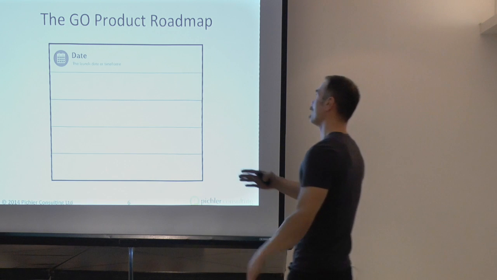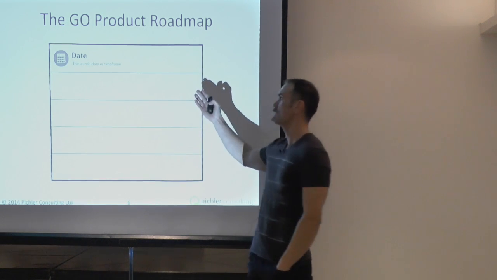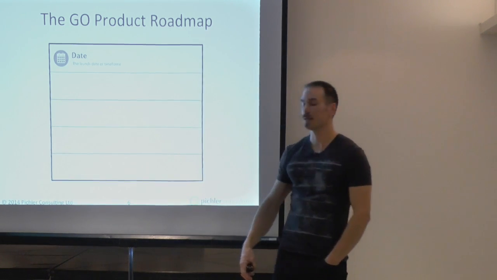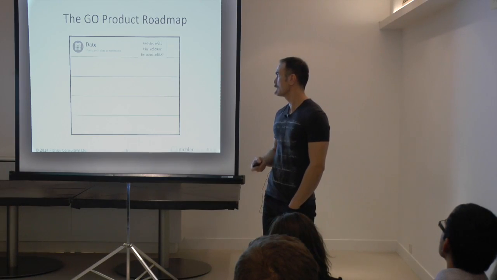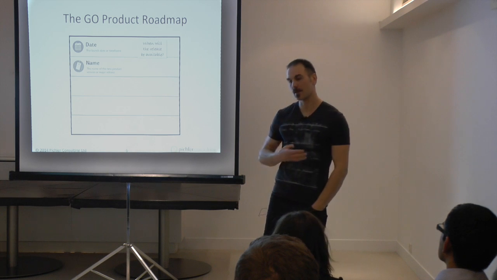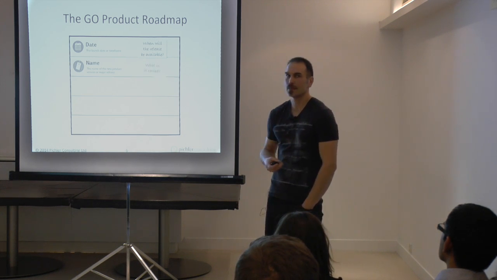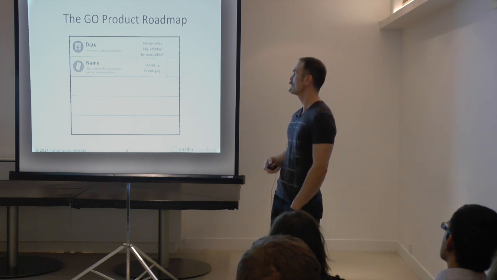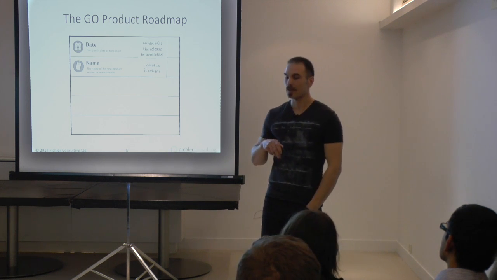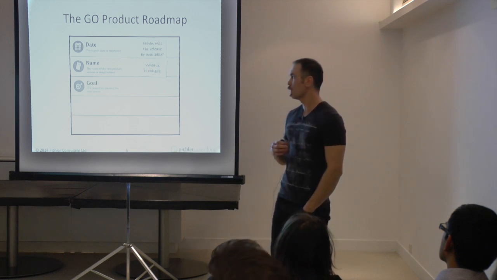So anyway, the first line, that will be my suggestion, contains the date, the launch date or time frame of your product. That's not really anything particularly exciting. The next line talks about the name. Again, that's pretty much what we just saw with the traditional roadmap. But the third line, hopefully, is a little bit more interesting.